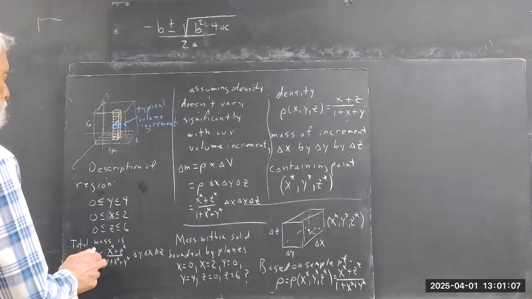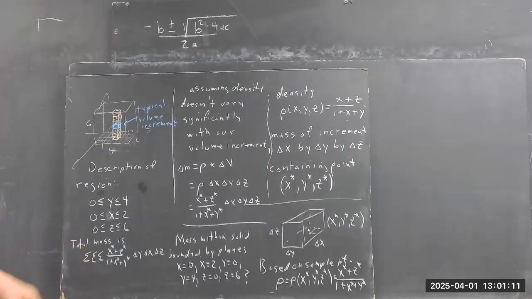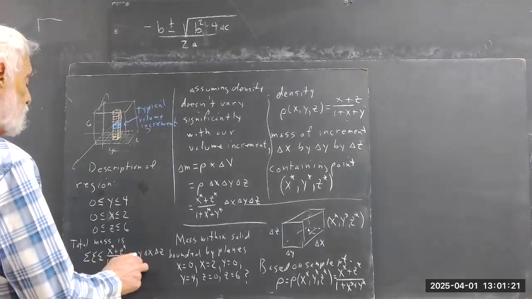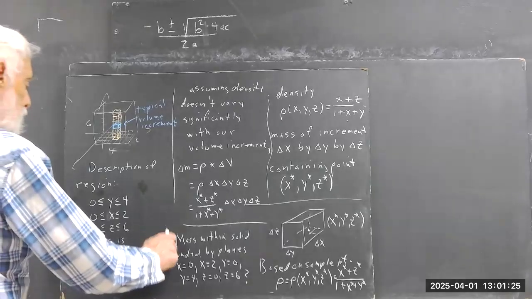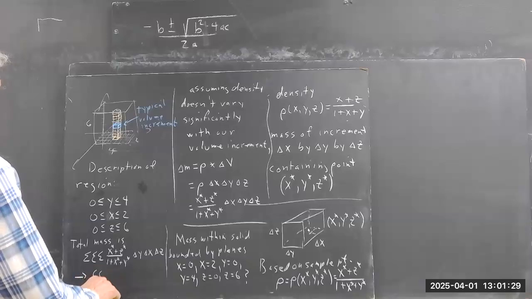So it's kind of a triple sum. I haven't written a sum from i equals 1 to n and j equals 1 to m and so forth. Okay. But we understand that this is a Riemann sum. I think you know how to write it out, but we want to develop that. But here's the overall picture. This approaches a triple integral